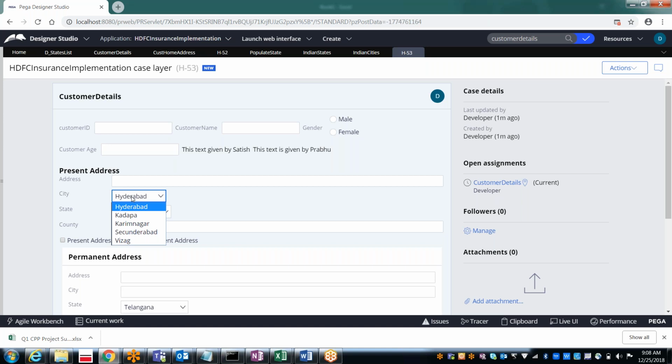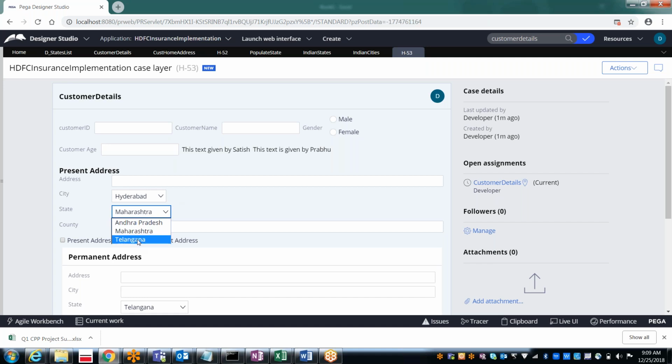Why? Because again we just referred the data types. We did not apply the cascade functionality. So what is this cascade functionality? On selection of Maharashtra, we should load the cities belonging to Maharashtra. How can we apply this cascading functionality? That is what we are going to do now.